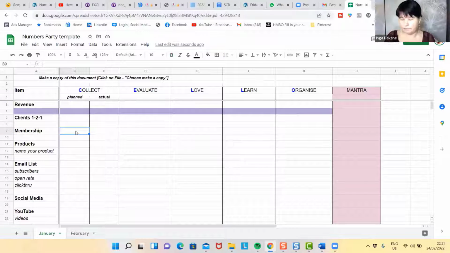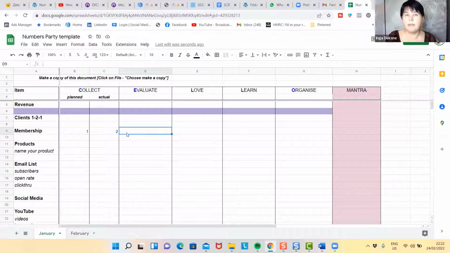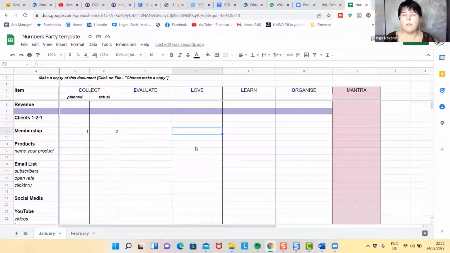For instance, I have membership Magical Creators Live. And last month, 1 member left and 2 came, for instance. I evaluate, okay, I have 1 member plus, or if there were more members leaving, I would have 3 members lost, right? So this is how many members I gained or lost in this case. In this column, you don't need to write anything. It's a reminder. It's not a reflection on you.